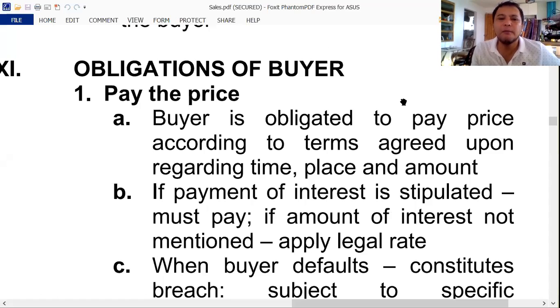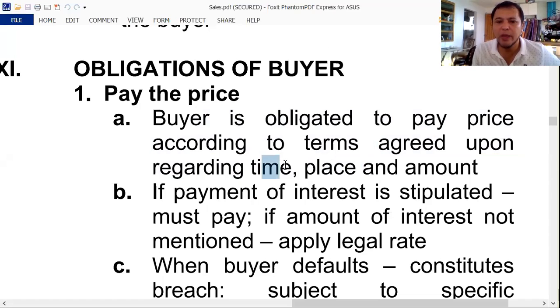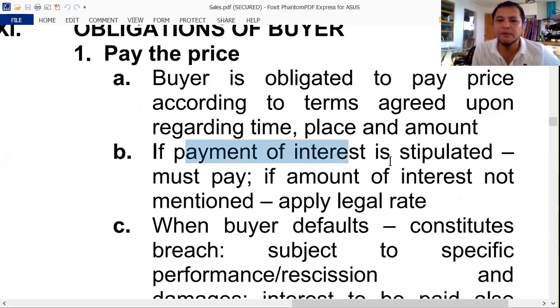Now let's discuss the obligations of the buyer. Of course, the obligation of the buyer is delivery of the price, so he must pay the price. The buyer is obligated to pay the price according to the terms agreed upon regarding the time, the place, and the amount. So where to deliver, the place, and when, and how much, the amount. If the payment of interest is stipulated in the contract, the buyer must also pay. If the amount of interest is not mentioned, then apply the legal rate. So the legal rate now is